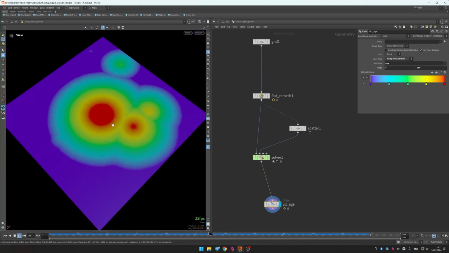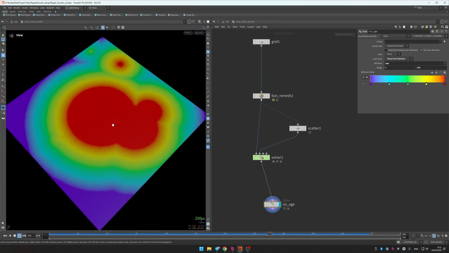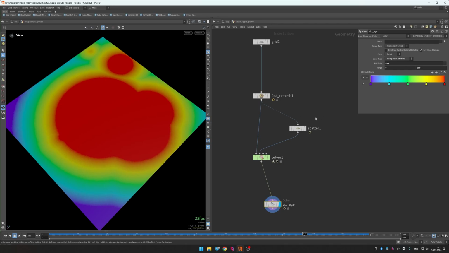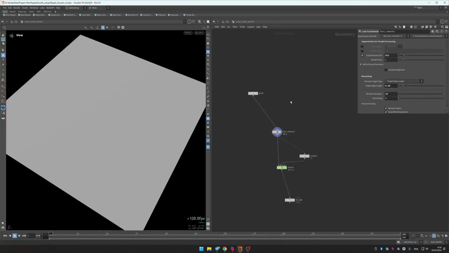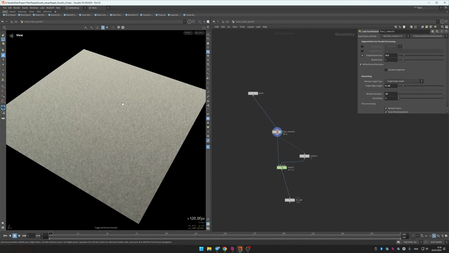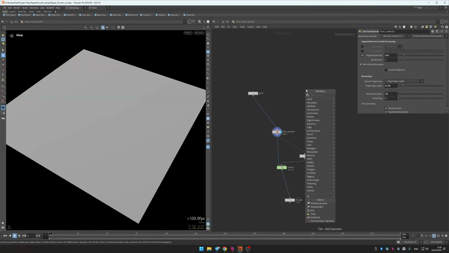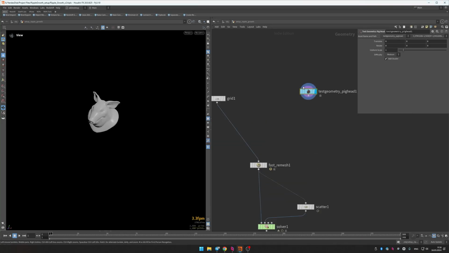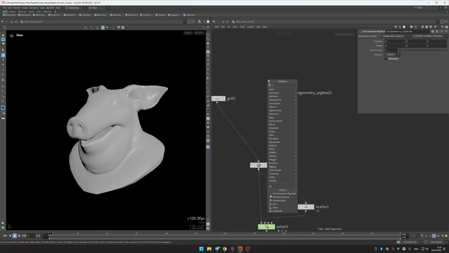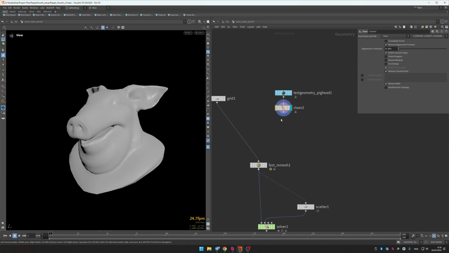So yeah, let's now build the dropping points on the surface. Before we go to the next step, let's actually change up this geometry to something more not difficult, but something more complex. Let's use a big head. I'm gonna turn off the shader, we don't need that, and we're gonna use clean node to get rid of some of